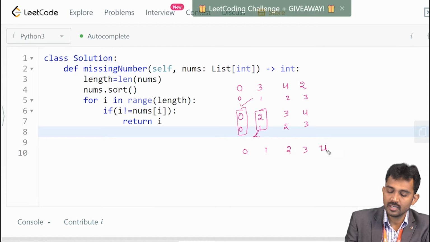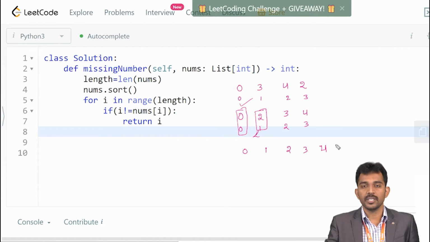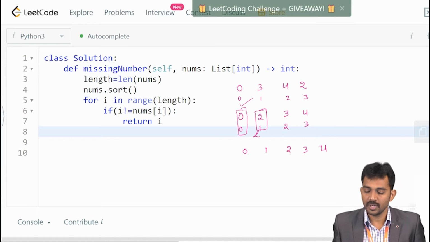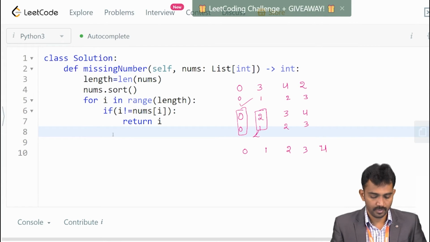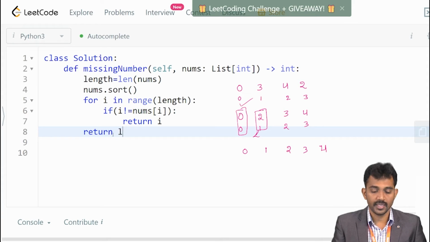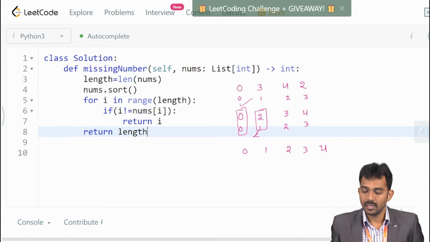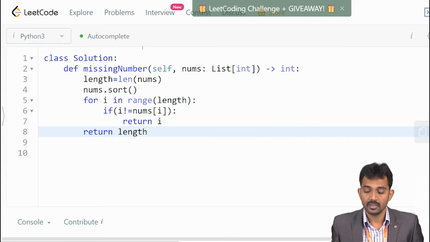In such a case, I simply return length. Let us see what it is going to print.